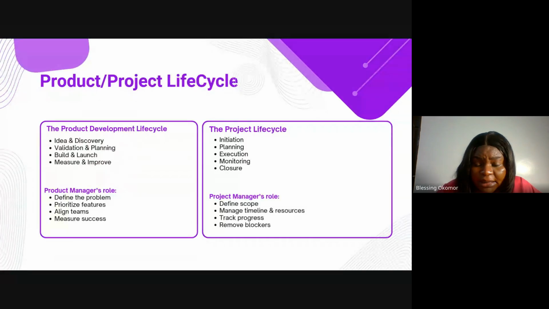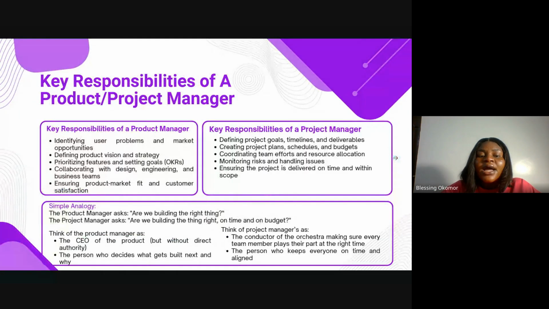How are things coming? How is everything going? Does Mama Iyabo have challenges? Maybe Mama Iyabo calls you and says, of the people I'm bringing to help me cook, one said they have a family meeting, the other one is saying this, it is becoming a problem. You track progress so that you will be able to solve all these problems ahead of time, so that at the end of the day it doesn't become a limitation or a problem to getting that task delivered. So you try your best to remove every blocker. So this is your responsibility, either as a product manager or as a project manager, right?